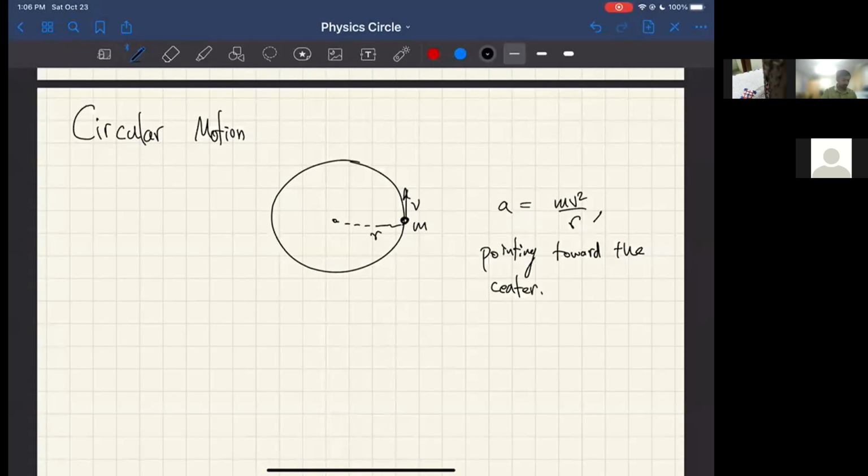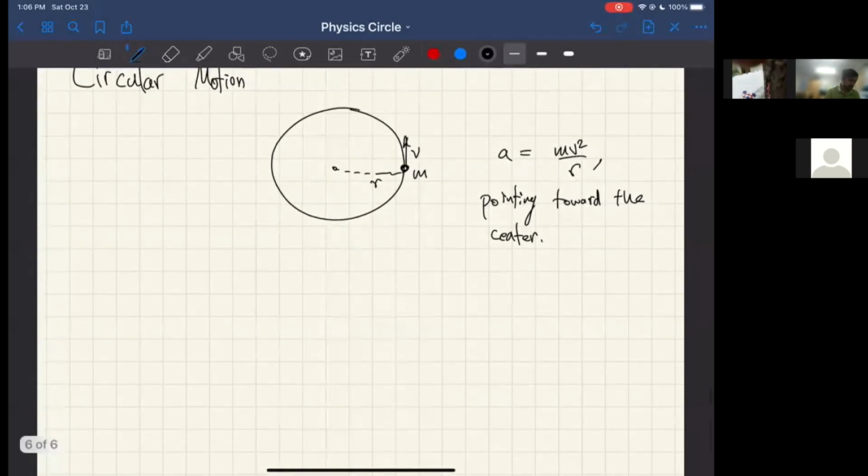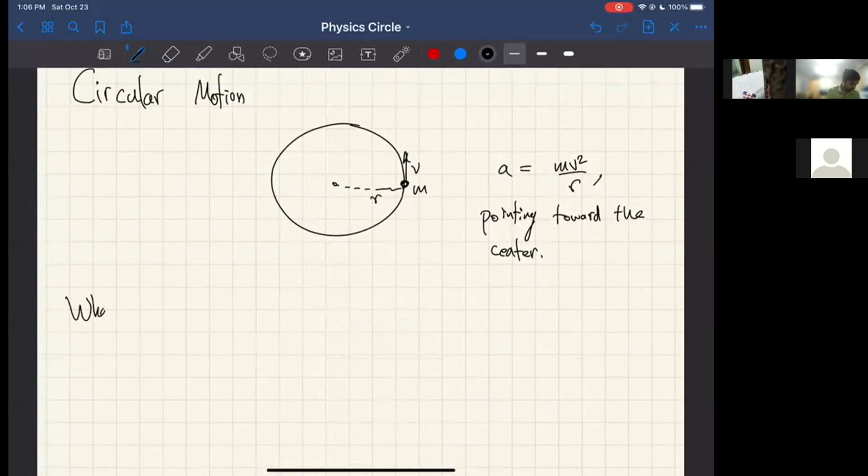So you might think, okay, if you're moving at constant speed, then why is there acceleration? But obviously you're changing direction as you're moving in a circle, so there's acceleration from that. Now, in general, you may ask, what if v is a function of time? What's the formula there? You can do it in terms of tangential acceleration, radial acceleration, and so on,